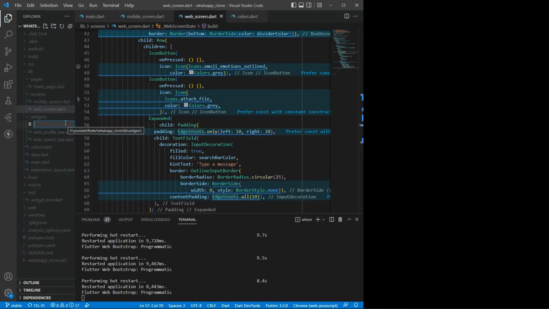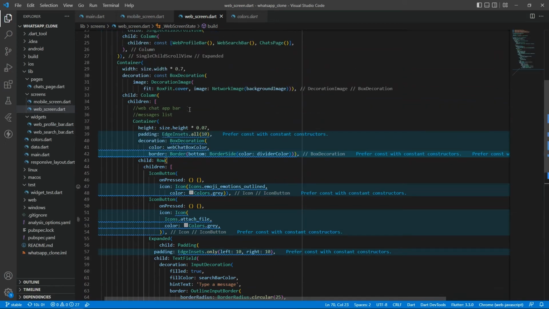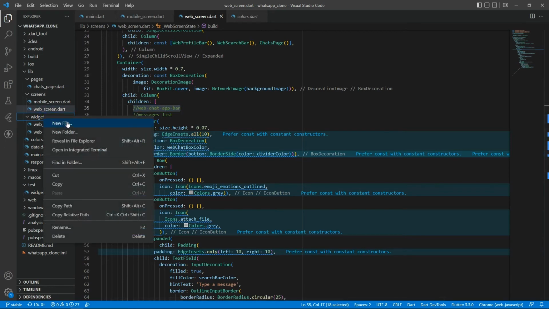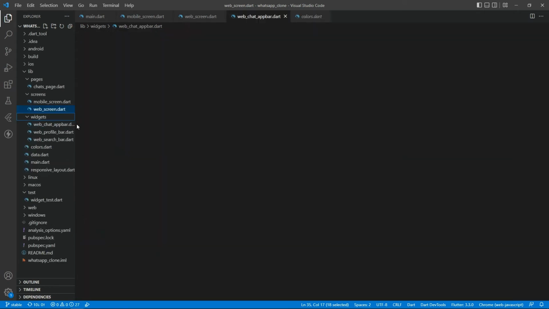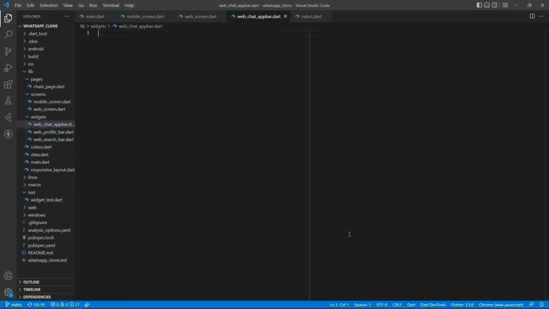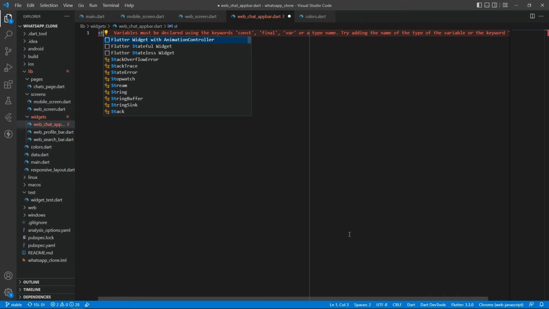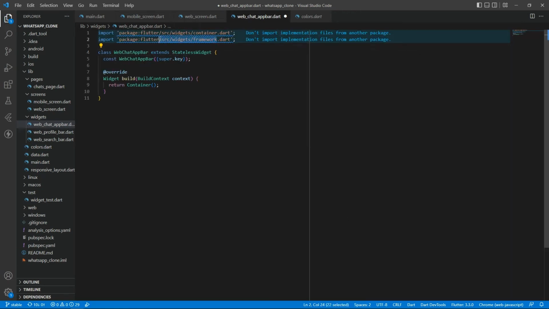So what we can do to basically implement that is we will create a widget as messages. One thing I didn't implement in the web version was a web chat app bar. So let me just implement that, and then we will move to the next thing. So we'll just make a file as web chat app bar dot, and let's just make, okay, so we are going to implement that, and we are going to set a stateless widget and rename it as web chat app bar, and we're going to make it as material